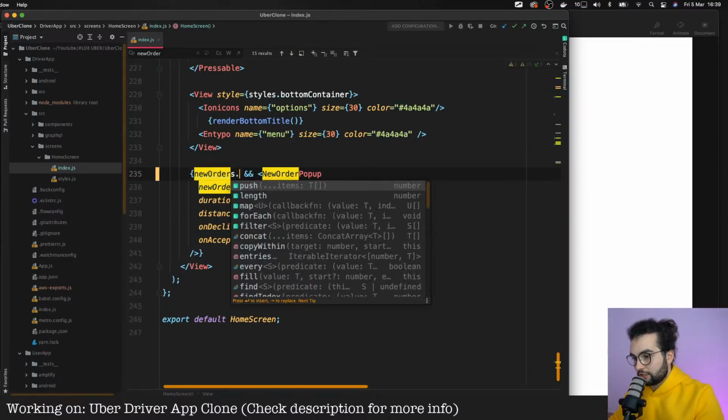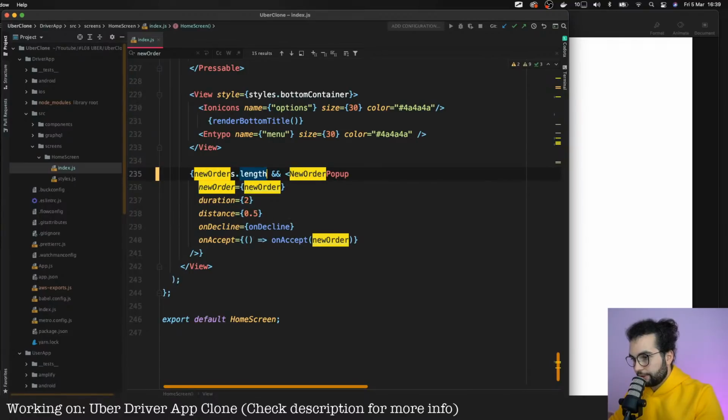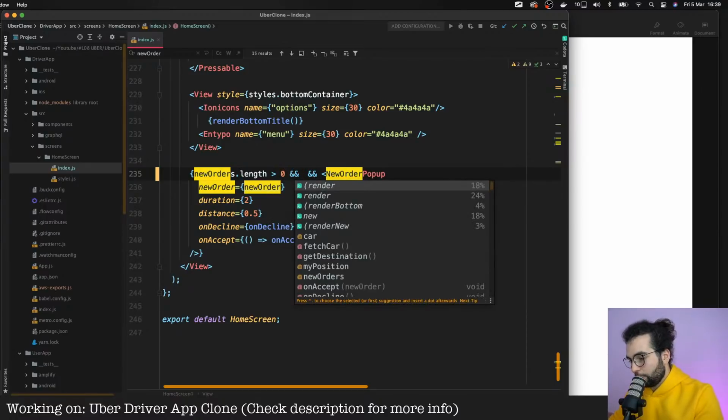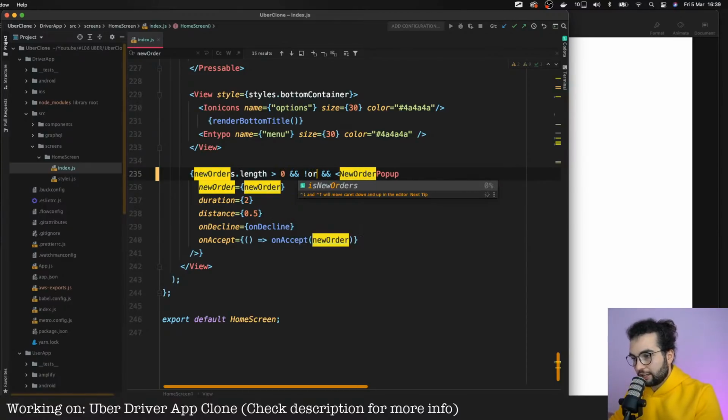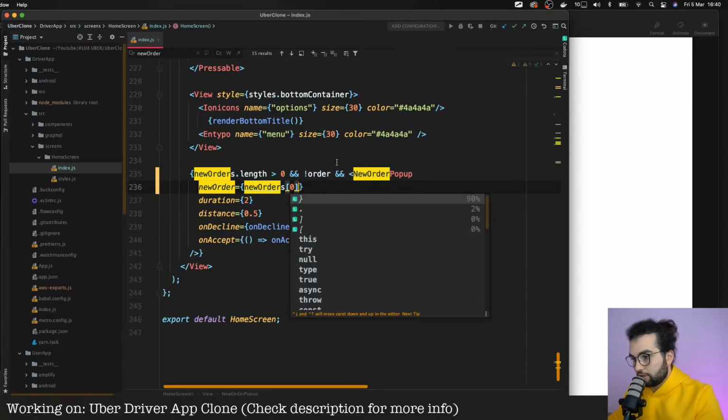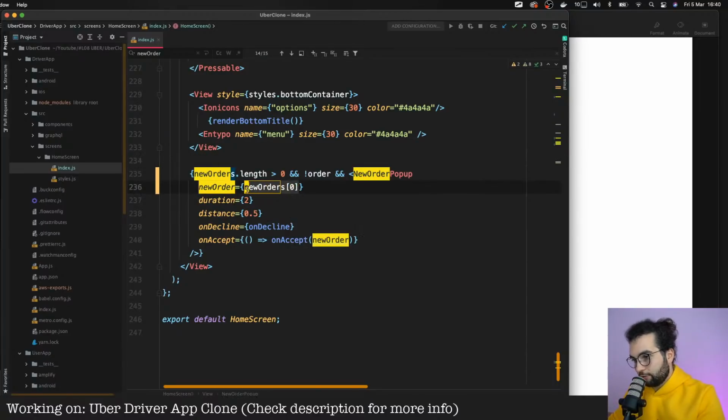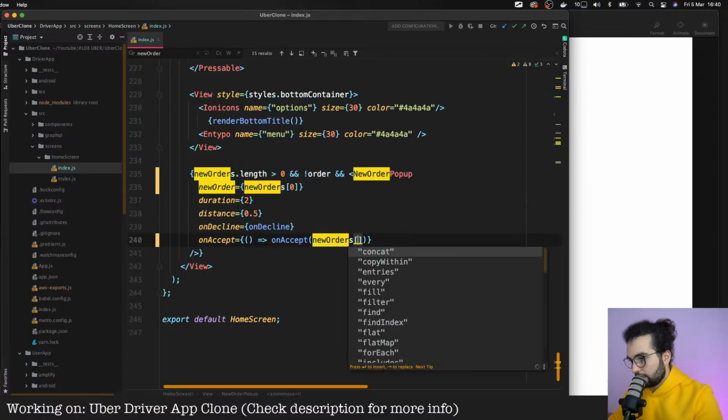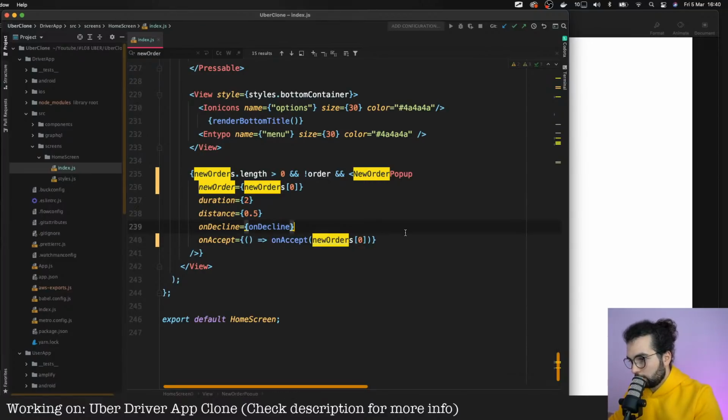If new orders dot length is more than 0, and if we don't already have an order, because if we already selected an order, we shouldn't show the pop-up. Then new order is new orders at position 0. So to the pop-up, we still give only one order, the first one from our array. On accept, new orders at position 0. Save.